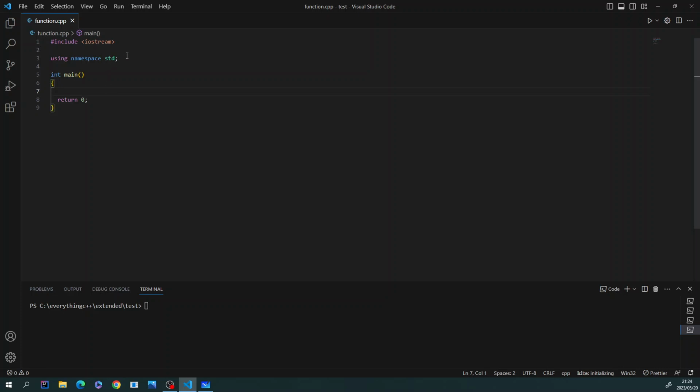So I like to write my functions after defining my namespaces, right? You obviously have to write your functions after the preprocessors, right? But I like to write mine after the namespaces. So I'm going to first show you, just in case there are those who did not watch the video that I've just talked about, a simple way of moving code from main into a function. It is basically the same thing. So I'm just going to output the name of the channel, Tertiary C++,